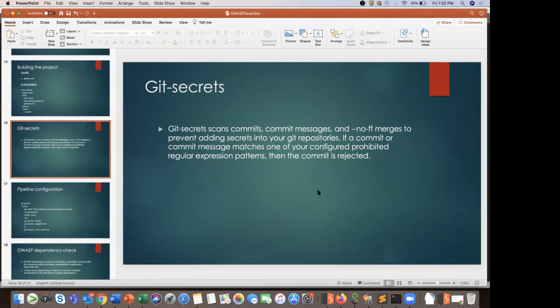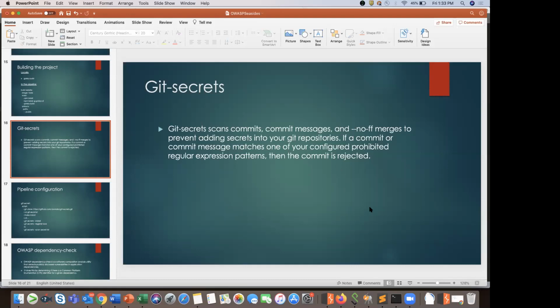Okay, so just a short introduction to this Git secrets tool. This can be used to scan the commits, not only the commits, the commit messages, the contents of the commit, to see if any secrets are present in the repository. Now, as a part of my pipeline, I am using this tool post committing. But it depends on the configuration. You can also add this as a pre-commit hook. So this is the first tool that I will be showcasing here. It's a very simple tool.